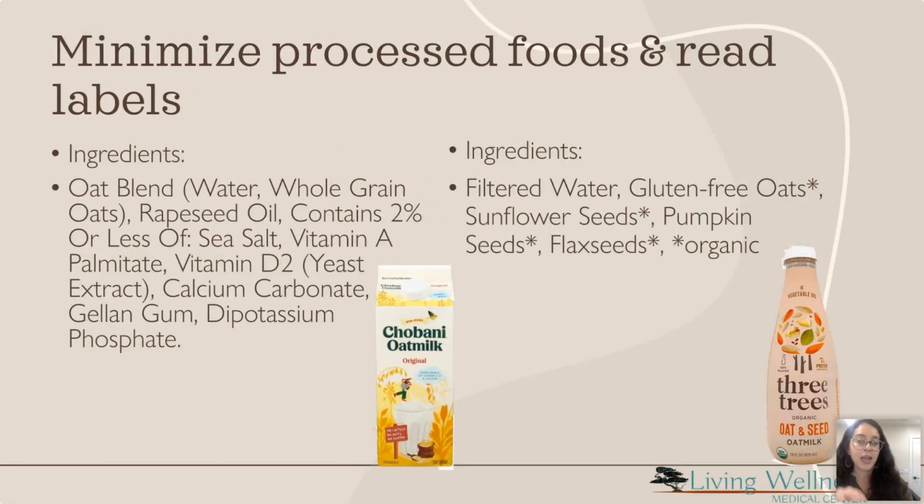Minimizing processed foods is huge. So I put some oat milk on here because I know we all love a little bit of oat milk, but even looking at oat milk ingredients, a lot of times they do have higher sugar content than we would like. And so looking and seeing, okay, there's these oils, there's these gums, there's these additives. Let's maybe switch to a coconut milk or an almond milk that has fewer ingredients and less sugar, because a lot of people, again, are having their coffee in the morning with their oat milk